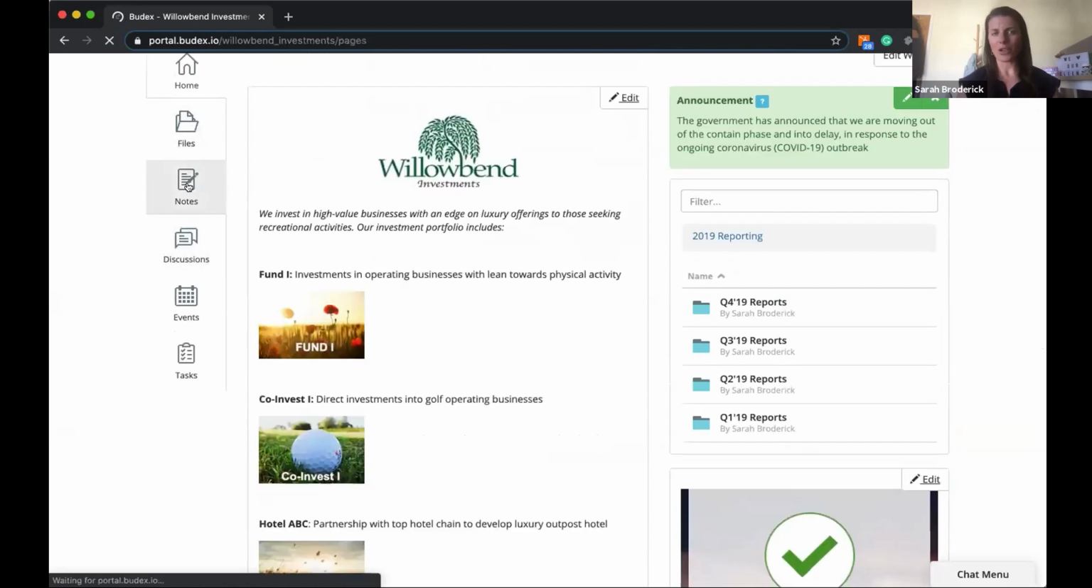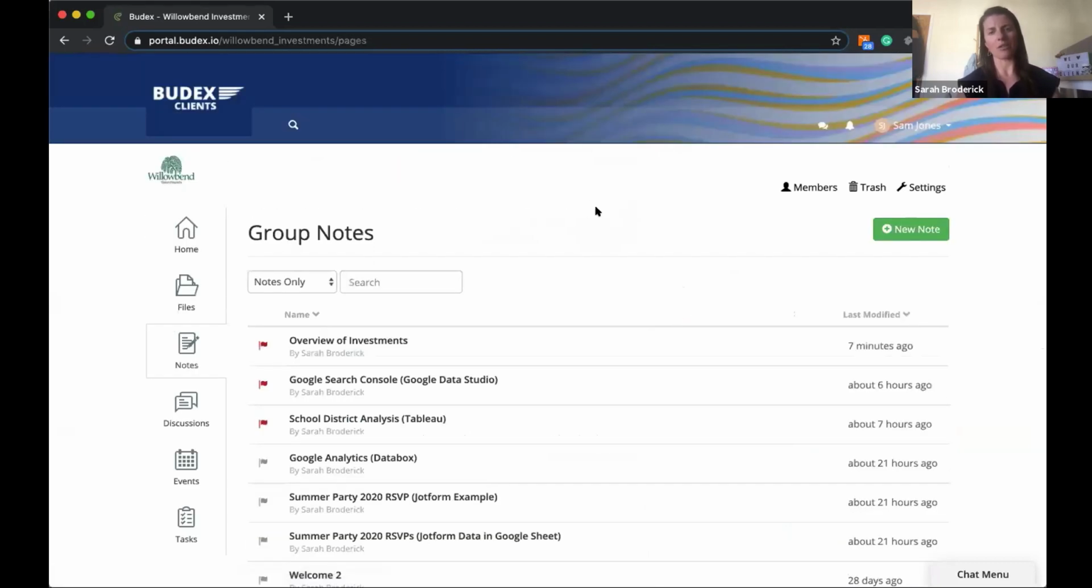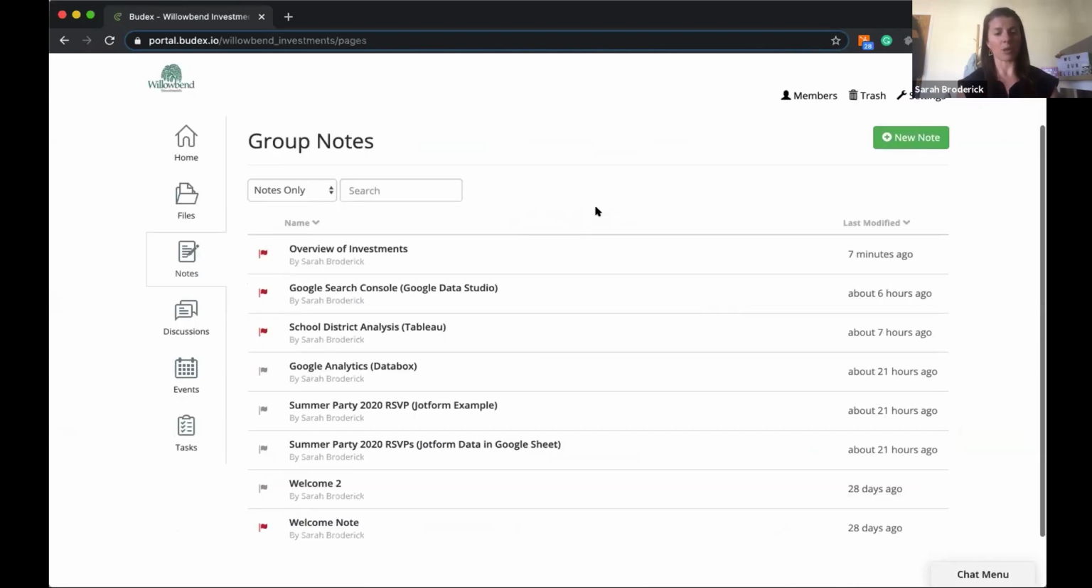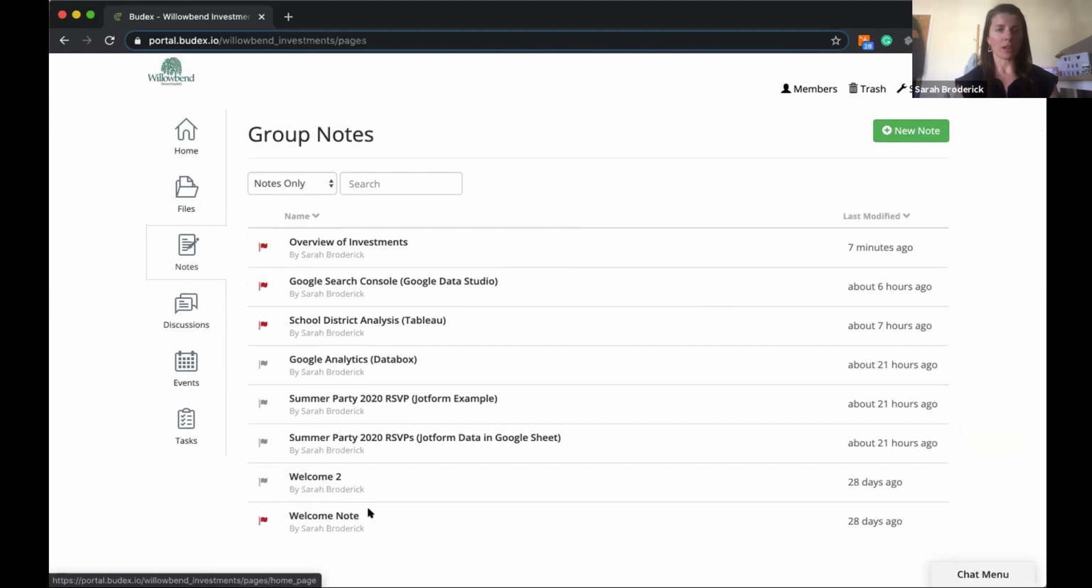Now, if I go back to notes, JotForm is really interesting in the fact that you can have multiple ways to pull back information that's coming through. I've set up a note here, and this is probably not the place that you would set this up. You'd probably set this up in the BudX account or the BudX group. But I've made it so that I can see who's RSVP'd. And I've used it from its JotForm data that's coming into a Google Sheet. So if I click into that,